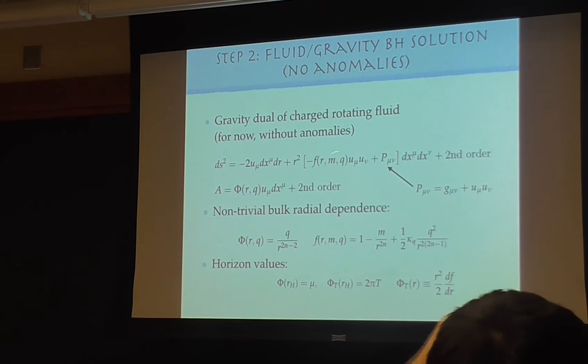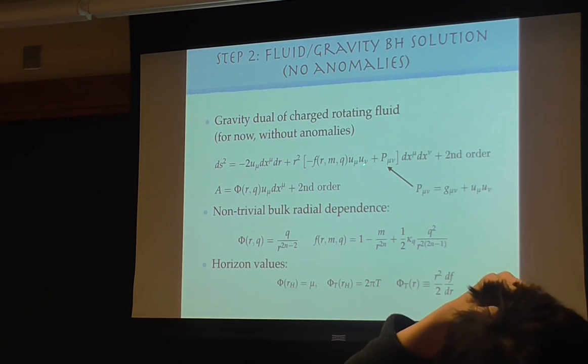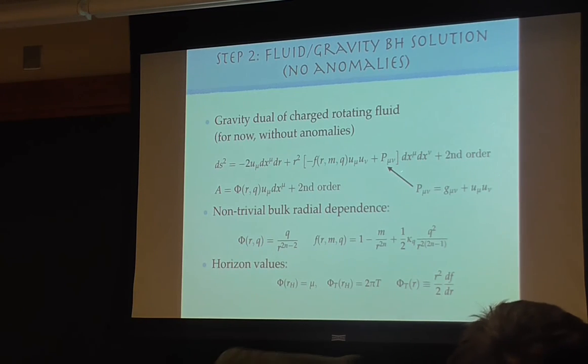And remember, this is a bit like the dt squared term, because u of t is 1, and this is dt squared. So remember that in front of dt squared, to get a surface gravity, you take one derivative. So it's in fact the derivatives of f at the horizon that give you the temperature. So this is just a retranslation of a lot of things we know. But here, you can do more. And that includes higher order corrections and solving the Einstein equation in the hydrodynamic expansion. And people have looked at interesting things like viscosity and all these things.